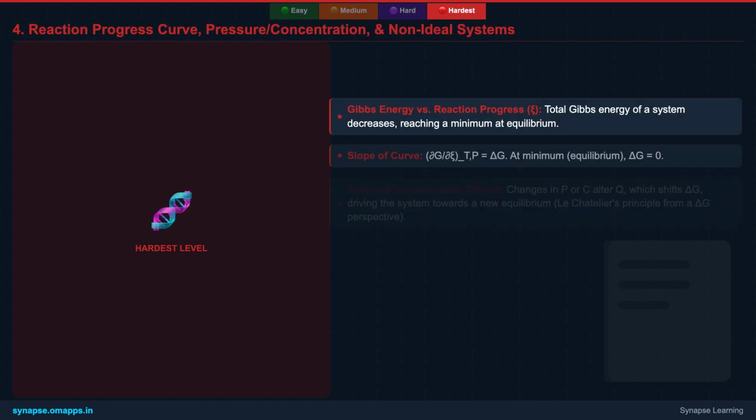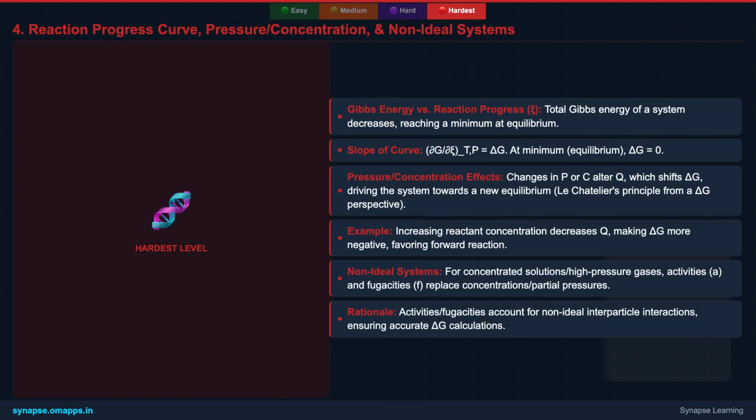Imagine a graph where the total Gibbs energy of a system is plotted against the extent of reaction. This curve vividly illustrates that equilibrium is the point of minimum Gibbs energy. Any deviation from this minimum, either towards more reactants or more products, would result in an increase in Gibbs energy,